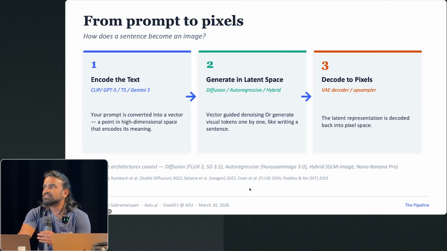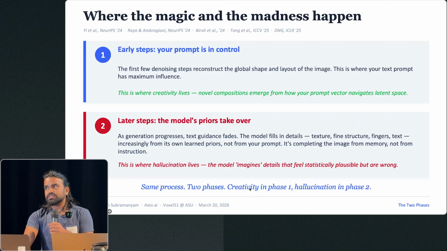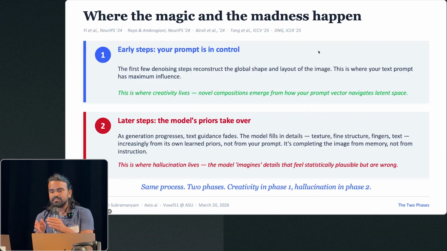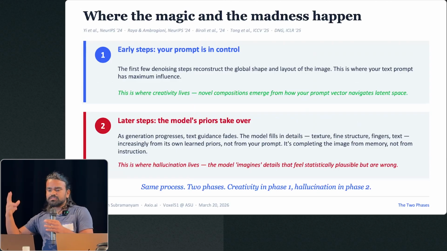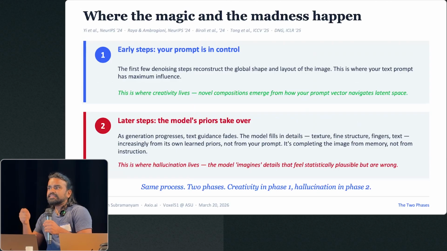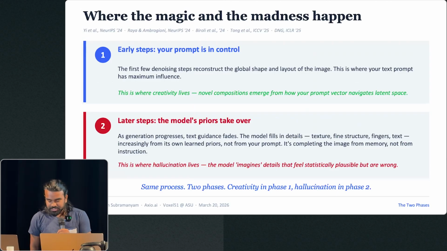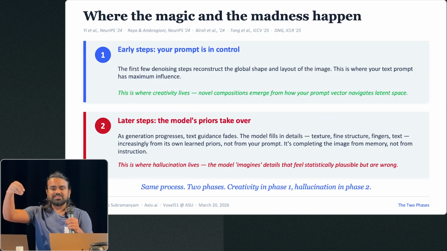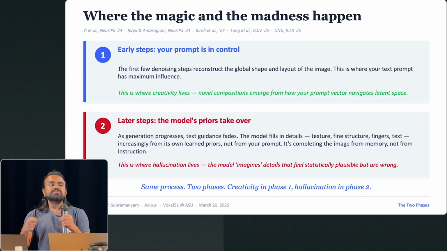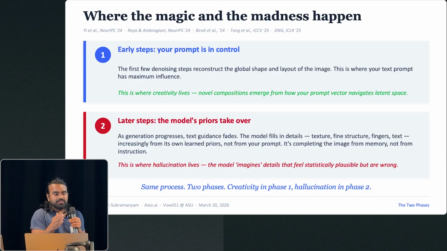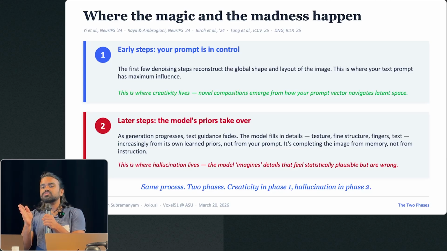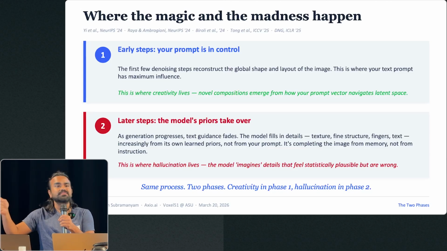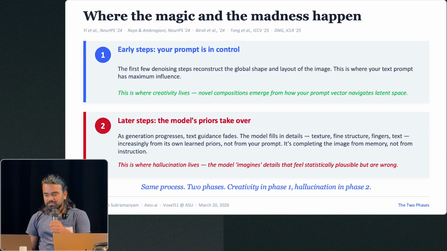What causes the issue? When recent research looked into it, they found early steps are good. Early steps are just taking your input, projecting it, and making the decoder or the diffusion model understand what your input is. As it starts to decode, the later stages of the diffusion model try to fill in details, like whether it's going to have a little extra finger over here. It wants to be more creative. It goes away from the instruction the input is giving and tries to adhere more to the statistical patterns it learned through the training process.